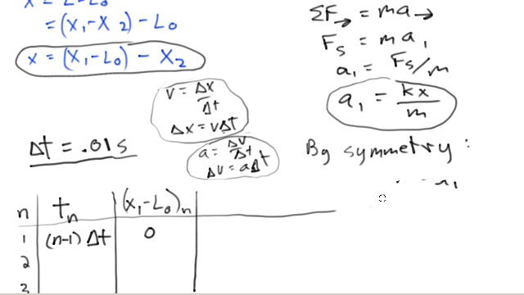I think my table is running into these values, so by symmetry, A2 is minus A1. That's also going to be a useful formula. Alright, so x2 would be the next thing I need. I want to work up to the next one in case I've drawn that line too close. So this will just be copied down: x1 minus L0. The next one will be x1 minus L0 n minus 1, which is 0 to start with. So in other words, the n minus 1 means the one before it. And then times, or plus,